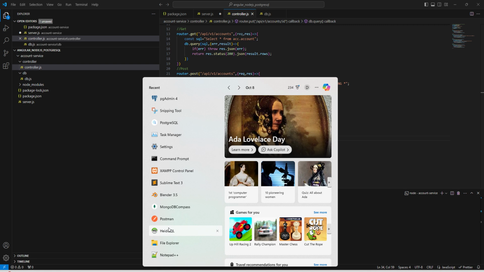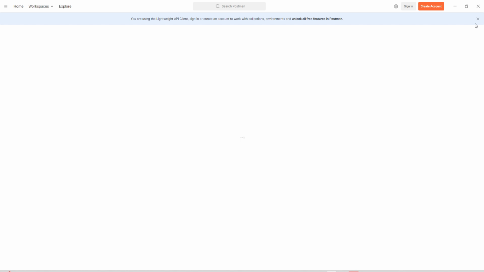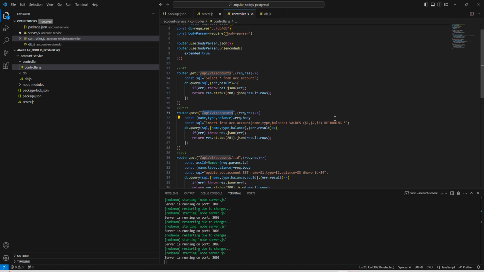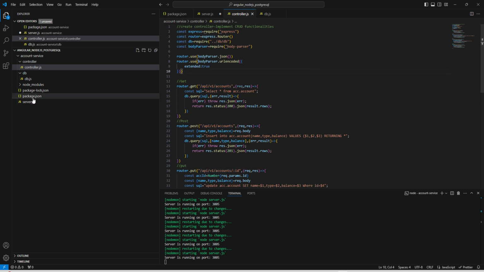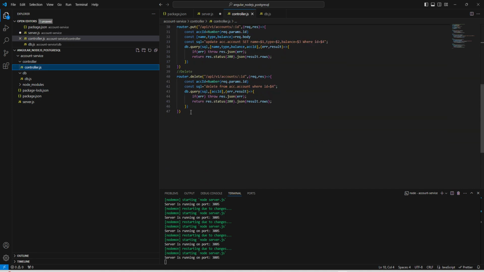Let me open the Postman. We can copy this much. Fine. And the port number which we are using. Before we do anything, we have created our controller, and we need to export that as well. To export that, we can use